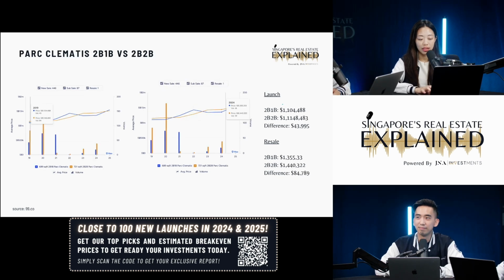Okay, so looking at the Park Clementi's 2 bedder, you notice that the gap here is a bit smaller. They're 2 bed 1 bath with 2 bed 2 bath at launch. Difference about 43K. When it came to the resale, it's about 84,000. Another thing is the layout, because for the 2 bed 1 bath over here, they actually include a study, which